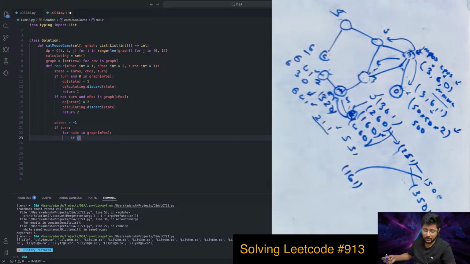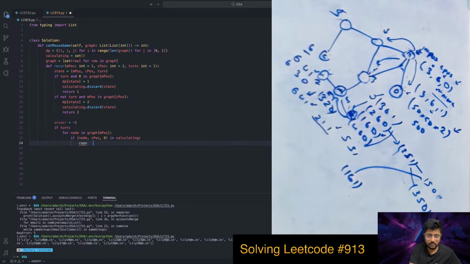Simply, we will move on. So if node, c, 0 is in calculating, then we don't care about it. So simply continue. No, if it isn't, then we need the answer for it. So answer is equal to